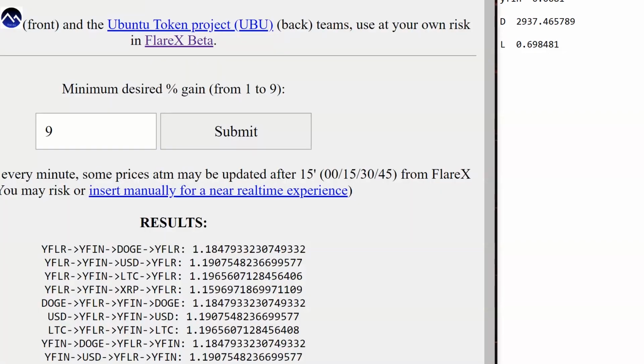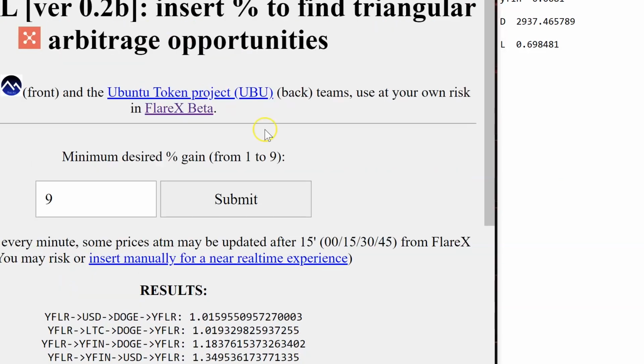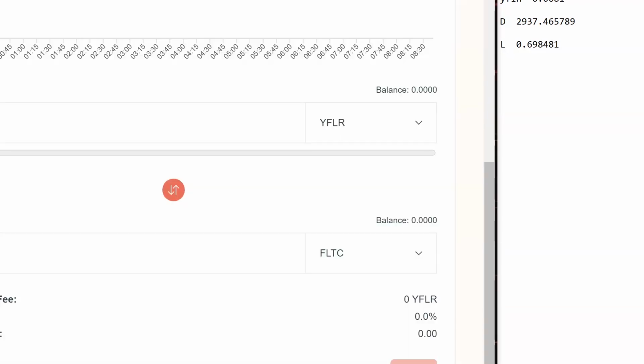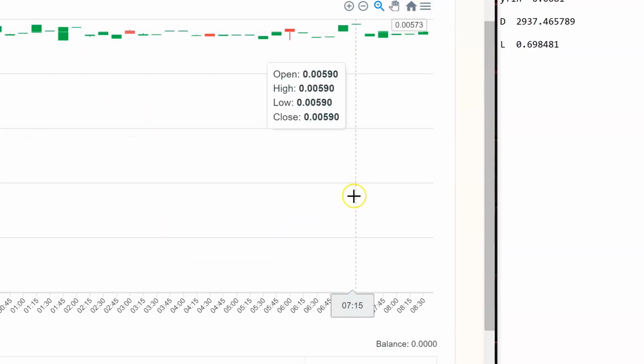I'm going to do this one last time, like Kevin Cage. One time, uncut. Let's do it. Ooh, look at this one. Alright, so I am not worried about anything but this one, because this one's the same thing, where it's YFIN to USD to YFlare. And if you've seen some of my videos, I always talk about the opposite, and it flips. So let's see. We will take our YFIN, and we're going to buy USD.